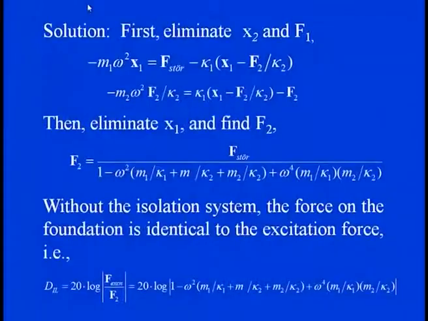Now, if we want to put the entire system, then we have 20 log 1 minus omega square m1 divided by k1 plus m2 into k2, m1 into k2 plus m2 by k2, plus the omega 4 term, omega 4 m1 divided by k1 into m2 divided by k2. So, this is a clear transmission of the forces from excitation to foundation through these springs up to the ground part. And when we put these values, we know that it is nothing but